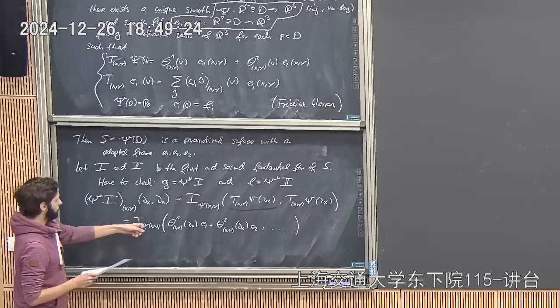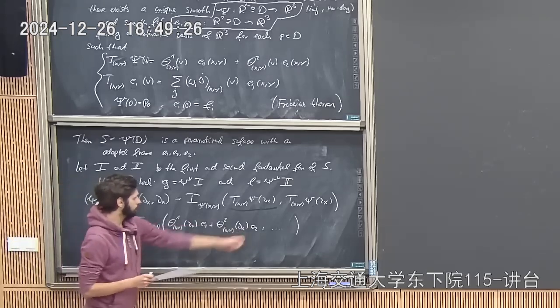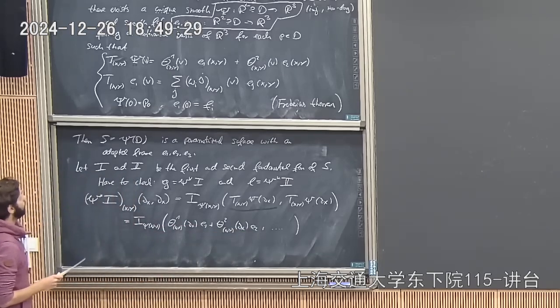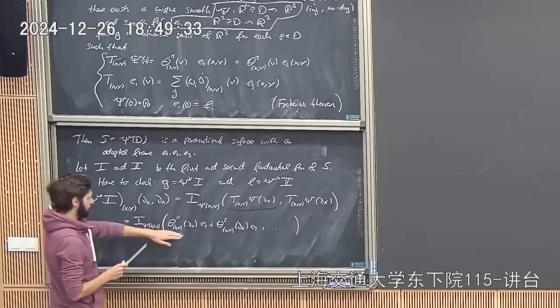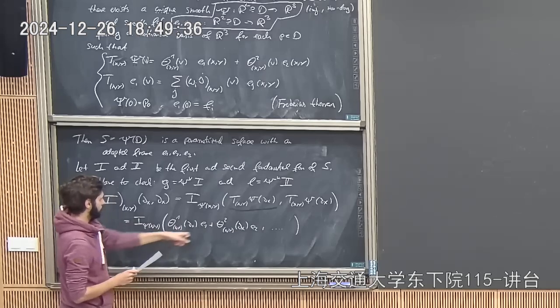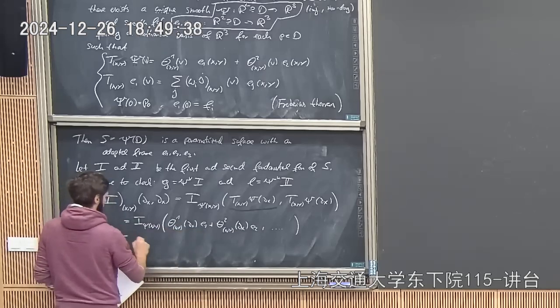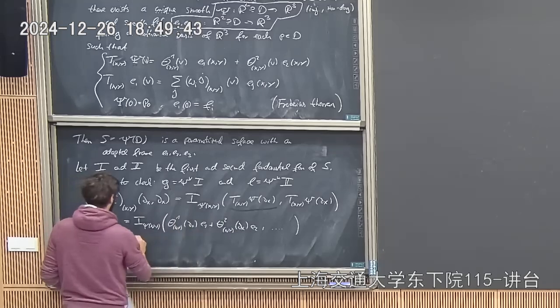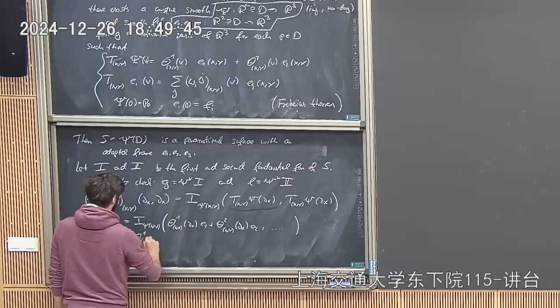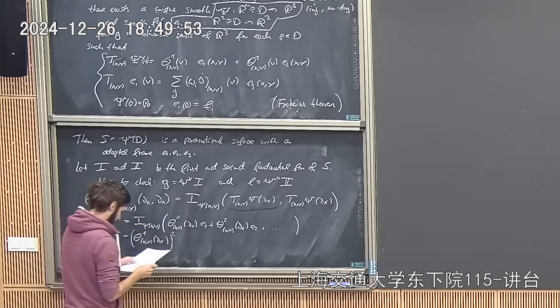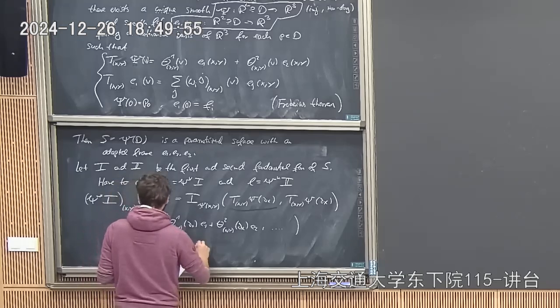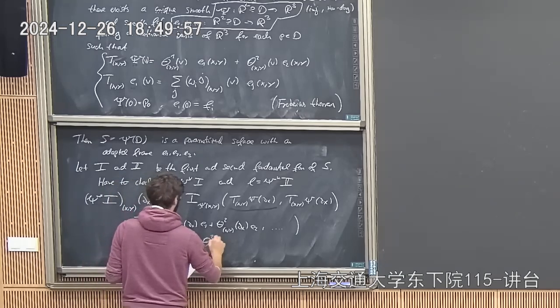Now, we know that E1 and E2 are an orthonormal basis. So we can calculate these inner products very nicely. What we end up with is that we get this one squared, x squared. And similarly, we get this term